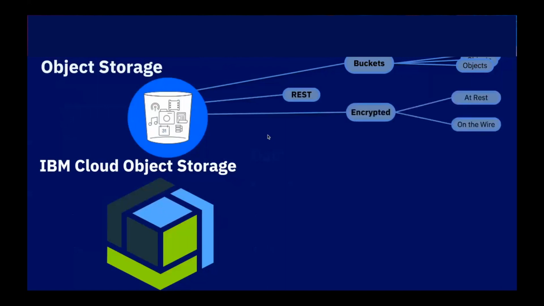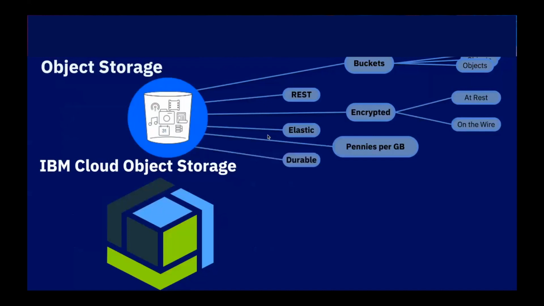All the data is encrypted, be it on the wire, but also when it is stored. That's what all object storages have in common. And it's very elastic. From the user's perspective it's completely elastic, right? You don't plan ahead in terms of how many gigabytes you need. You just throw data at your bucket, and it grows and shrinks as you go. And it's highly affordable, pennies per gigabyte. It's really just a few cents for storing a gigabyte per month. And it's highly durable, so you're completely relying on it. The data is safely stored there when you have it there.